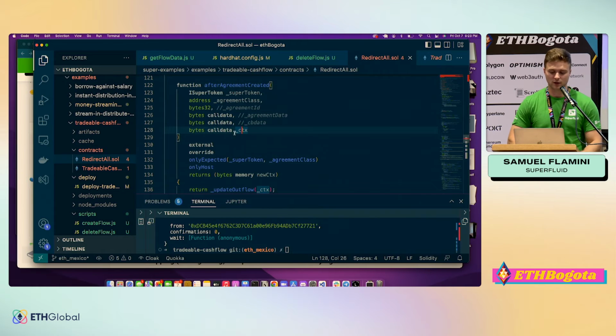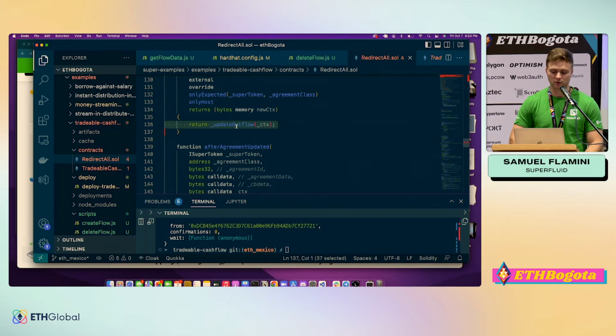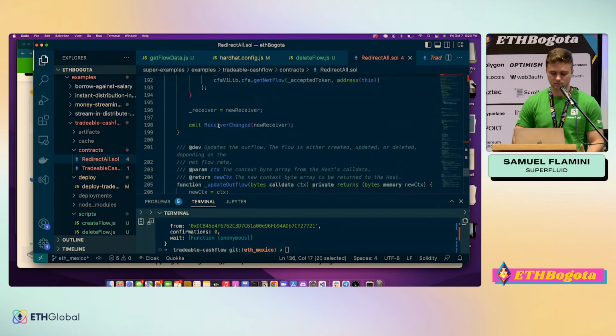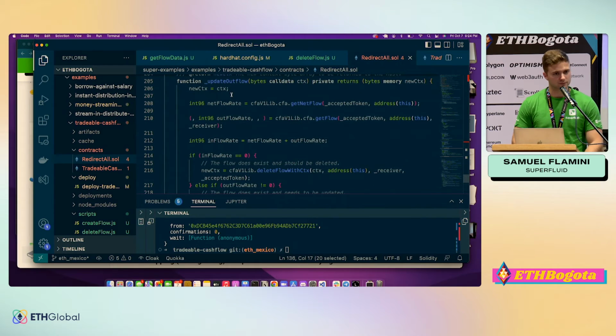Inside of these, we get a bunch of parameters that the host will call it with, and we're going to run a single operation here, and that's this update flow operation. What's happening in update flow? Well, all we're doing is checking whether or not a stream already exists into the contract, and handling that situation accordingly.